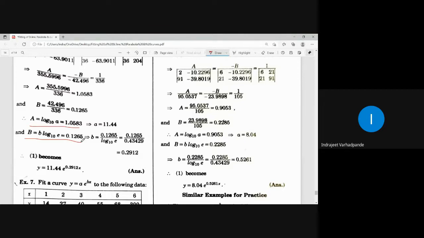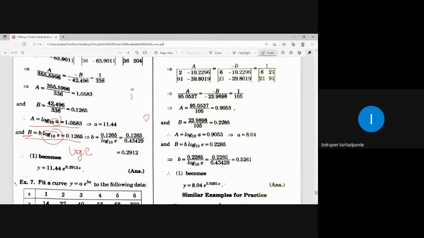Now calculating the value of A, calculating the value of small a is directly 10 to the power this value. But in calculation of this, log e to the base 10 is the factor. So log e to the base 10 will be log of e. Or else simplify it: log e to the base 10 means log e upon log 10, and log e is 1, so 1 upon log 10. Take the value and then you simplify this, you will get the answer. So this is a different step over here.